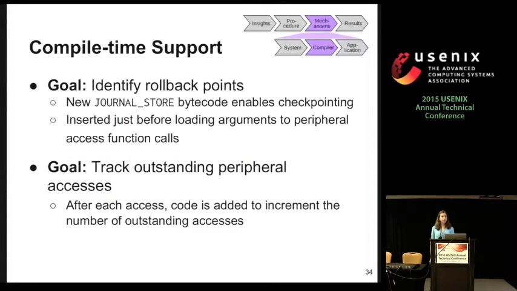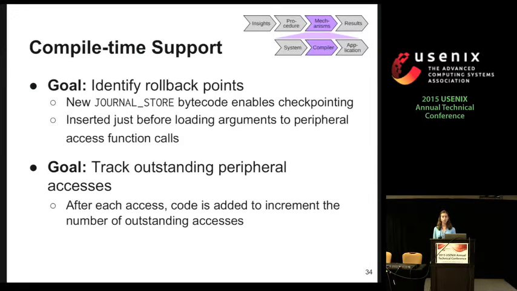So all of these runtime system processes are supported at compile time in 2 different ways. First, the correct point to roll back to is not actually the failed peripheral access itself, but the first load of an argument for that peripheral access. The reason is that these arguments might actually change during the recovery of the peripheral. For instance, if you swap in a hot spare, one of the arguments might change. And so you would want to make sure that you're adapting to this and having the most updated arguments